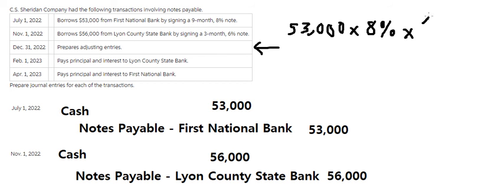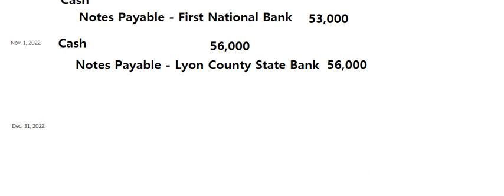So we have 1/12. From July to December, that is about 6 months. So we calculate this one, and we have 2,120. So in this one, we will put